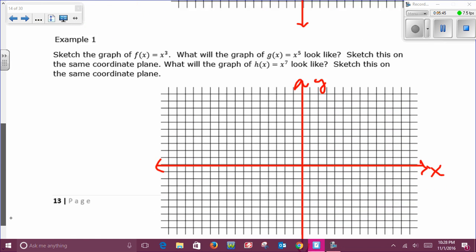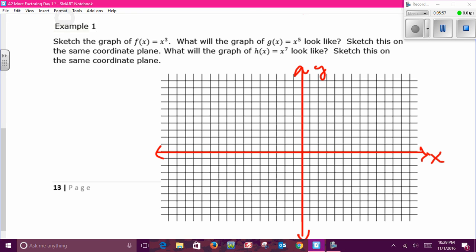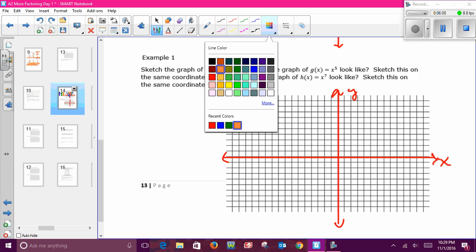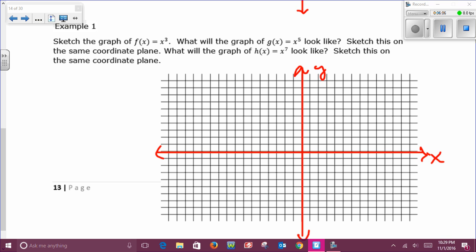So we're going to do the same thing, except now we're going to talk about the graph of x cubed, the graph of x to the fifth, the graph of x to the seventh. Same idea. So let's go back. Change to blue for our original function. And I'm going to do the same scaling. This will be 1, this will be 2, this will be 3, negative 1, negative 2, negative 3. And if each one of these is 4, that will be 12,